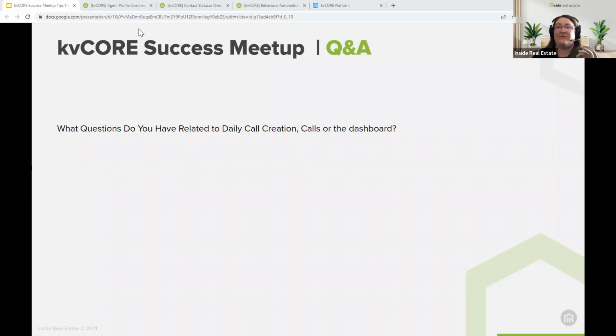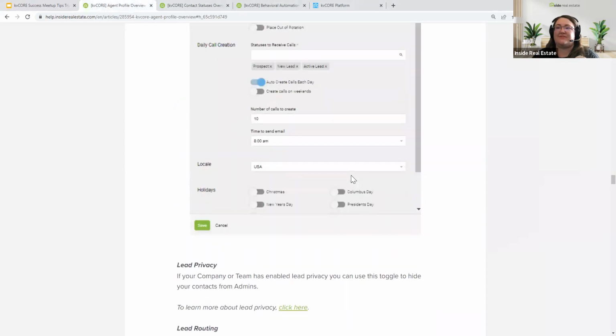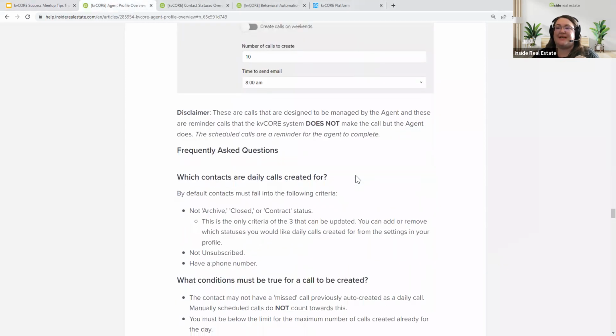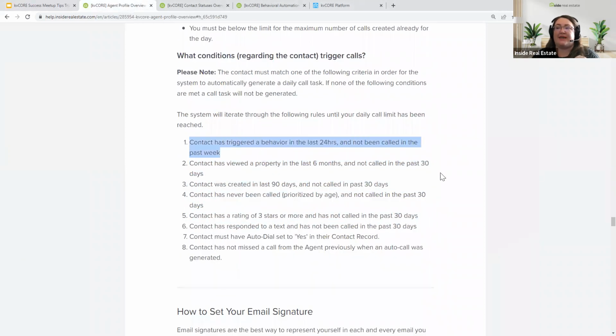Just decide which of those maximizing behaviors you're going to maximize, and start there, right? Do you want to maximize by adding people to search alerts? Do you want to maximize by increasing the number of phone numbers you have? Do you want to maximize by adding more people to property valuations, right? Pick a strategy to start maximizing, and then make sure that you're doing your part, which is actually completing the calls.